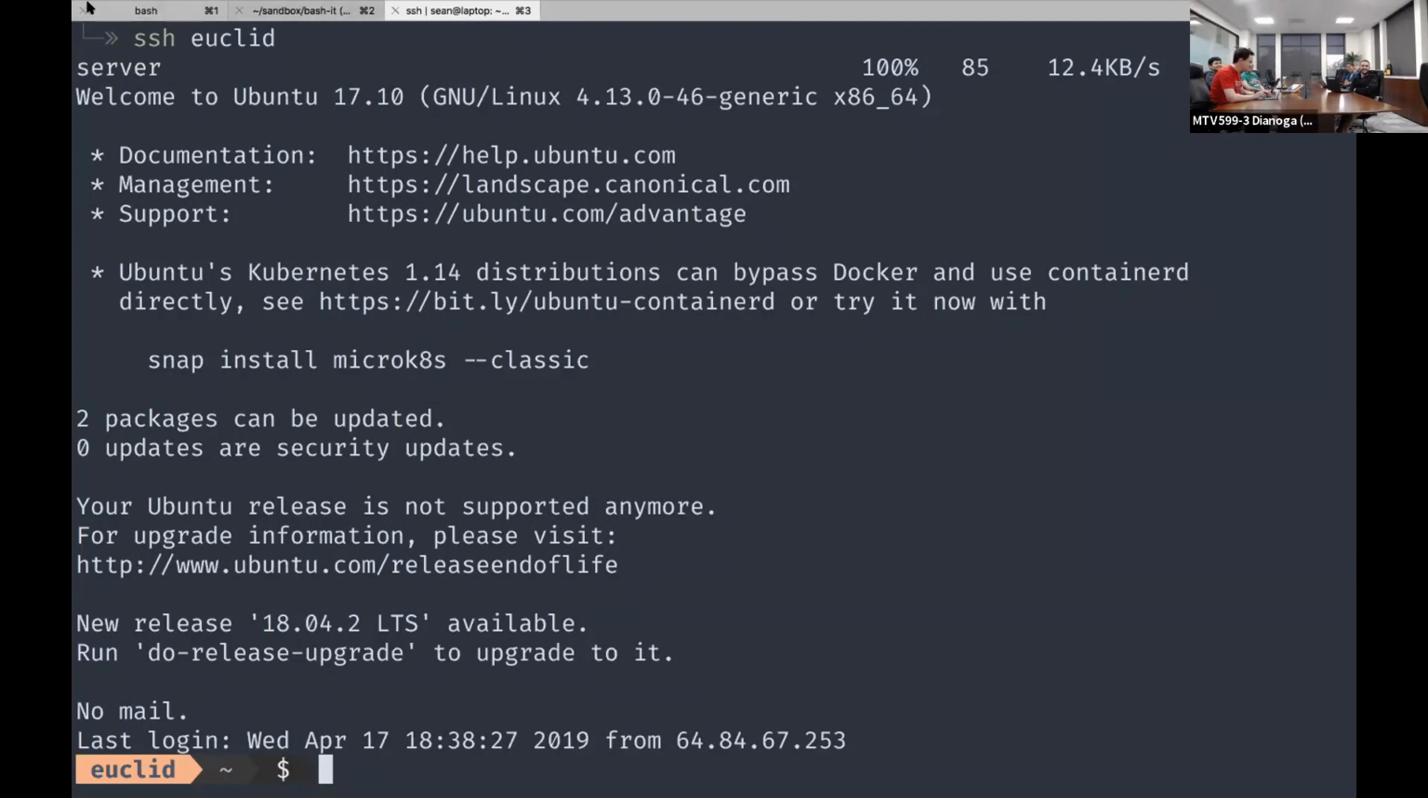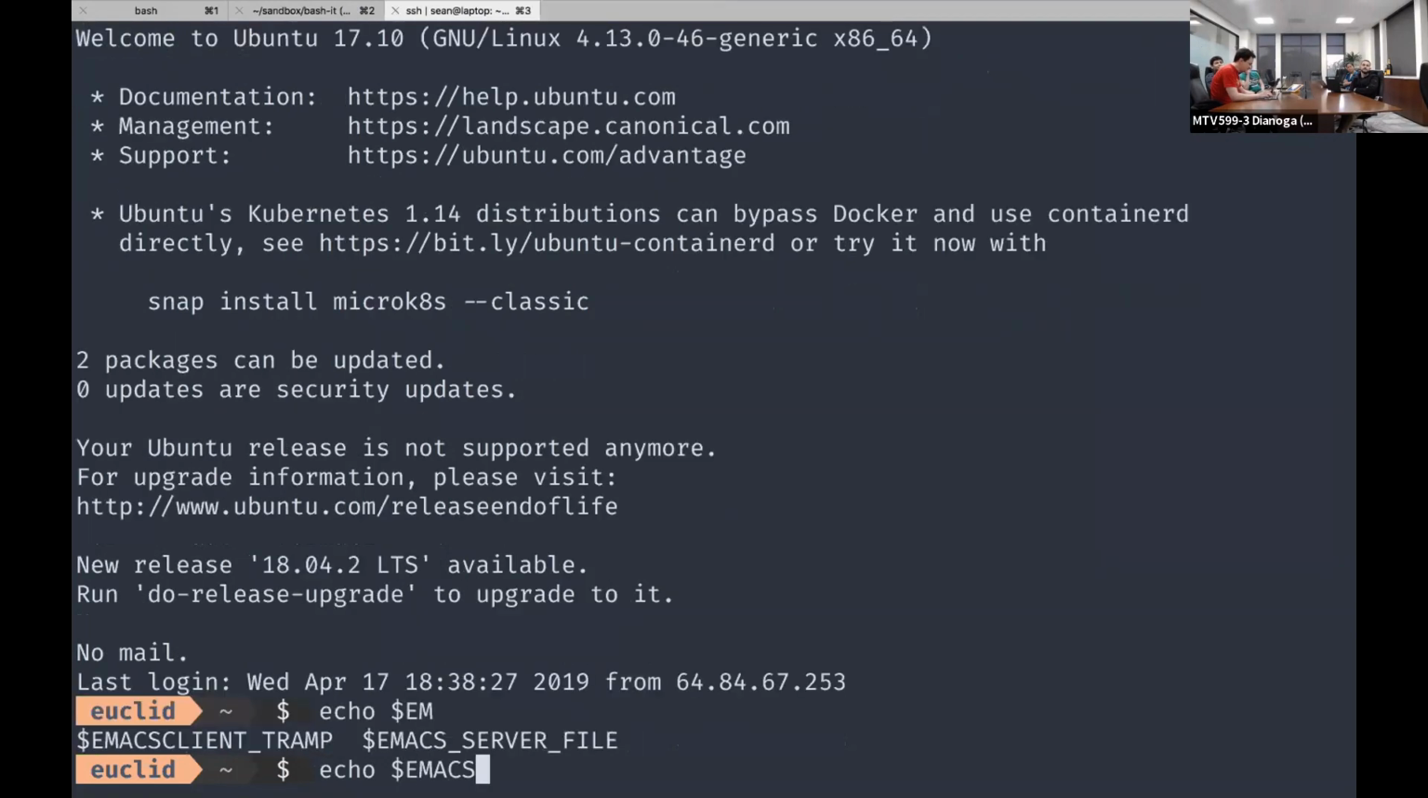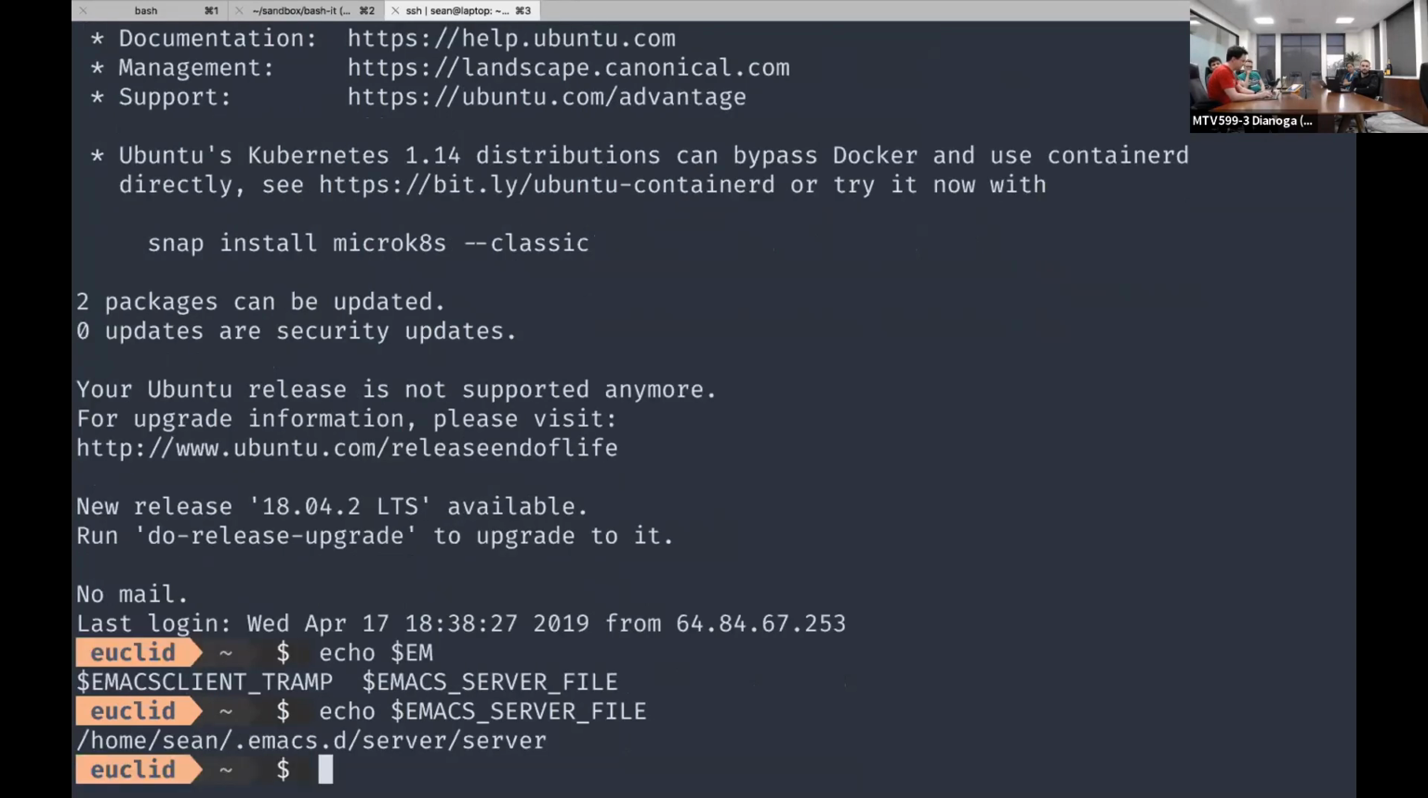You might have seen something though. This line right here at the top looks suspiciously like an SCP output. And you're correct, it is. And I'll do that in a minute. But let's see, where are the Emacs variables? So I have two environment variables now. I have the Emacs server file. Cool, there it is. And I have this Emacs